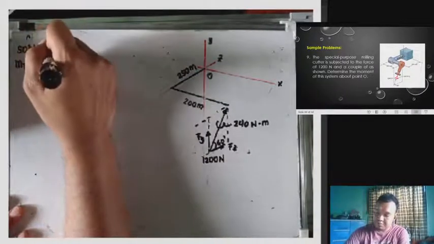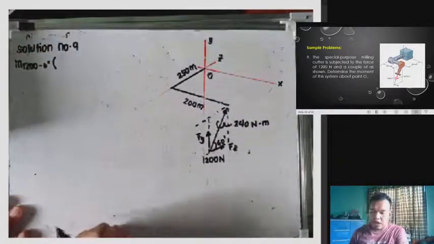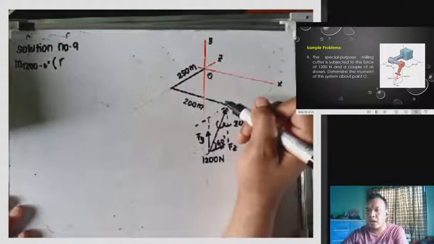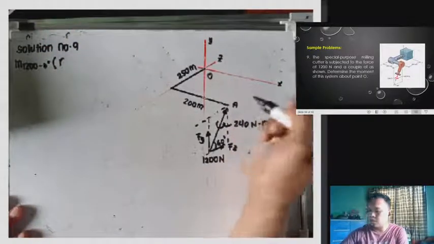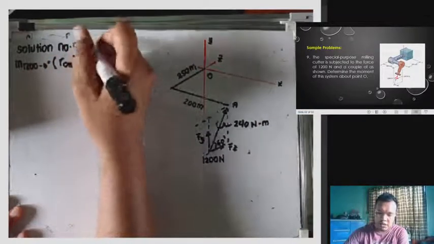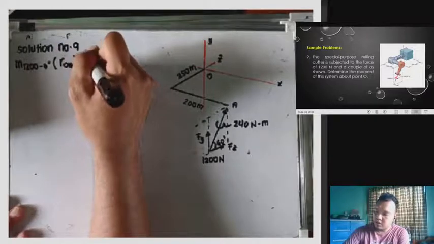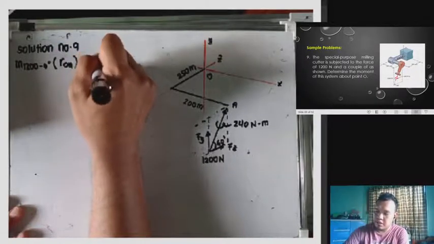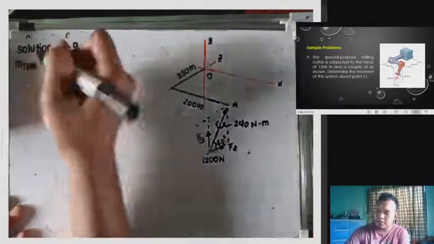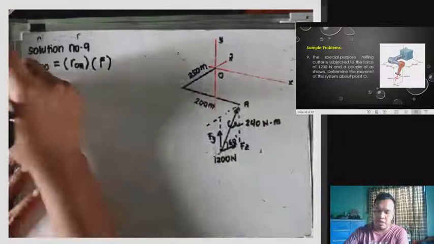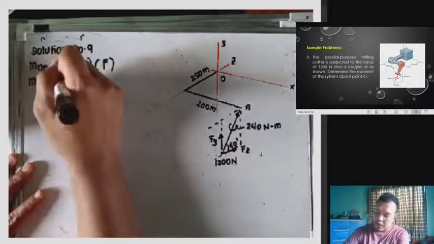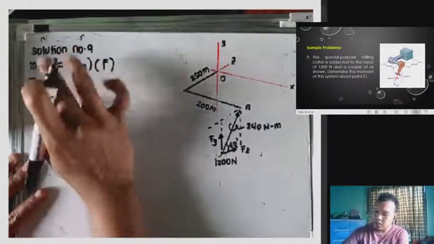We have here distance natin. R, dire-diretso agad tayo R, sabihin kong point A. A ito. So, ROA multiplied by yung force, which is F na lang muna. Equals. Okay, so we have here moment 1,200 is equivalent kay is equal to